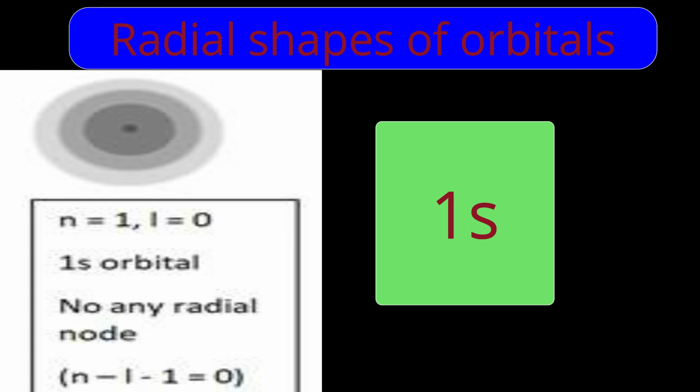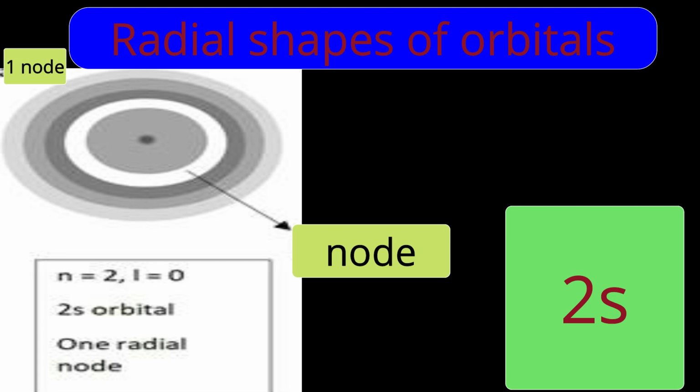See the next orbital. Here n is equal to 2, l is equal to again 0. Which orbital am I showing here? Yes, it's a 2s orbital. Now pay attention to the nucleus. We have to start our journey from the nucleus. And what is our vehicle? The radial coordinate is our vehicle. r is our vehicle.